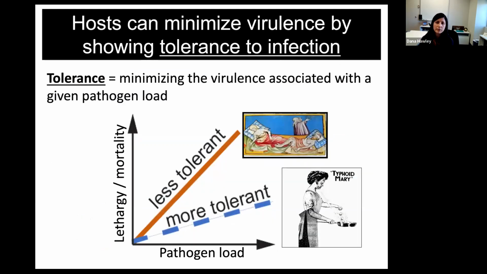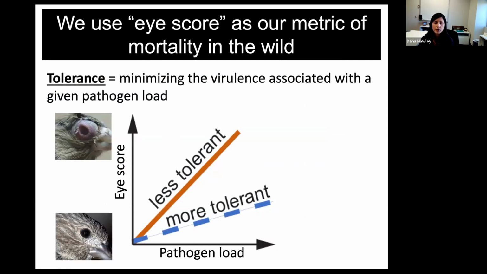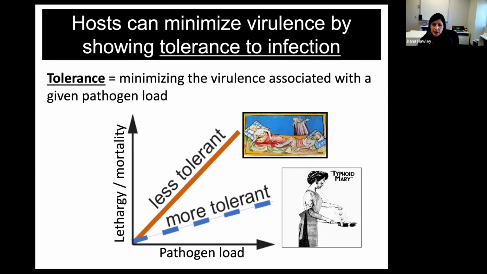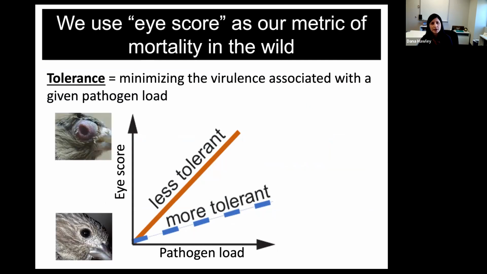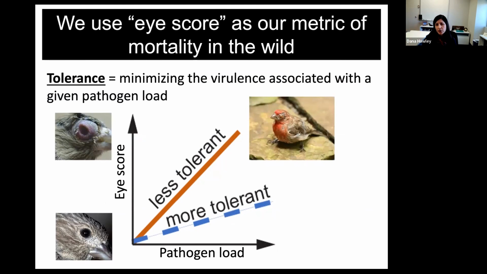And again, just to remind you, we measure tolerance using this slope-based approach. And here, as our metric of fitness, we use I-score. So again, we're using this variation in I-score as a metric of host tolerance, because now we're holding the pathogen constant and looking at variation in the host. And importantly, we know that I-score over the course of infection is a good metric of the likelihood of mortality in the wild. So this is a reasonable proxy for the fitness costs of infection, or tolerance.